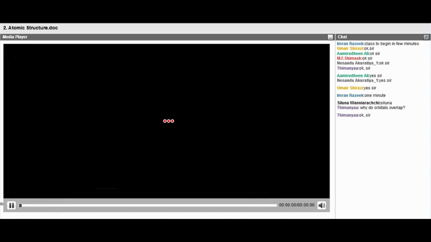Then you got the 2s, a little bigger than the 1s. You have the 2px on the x-axis. Then you got 2py on the y-axis, 2pz on the z-axis,